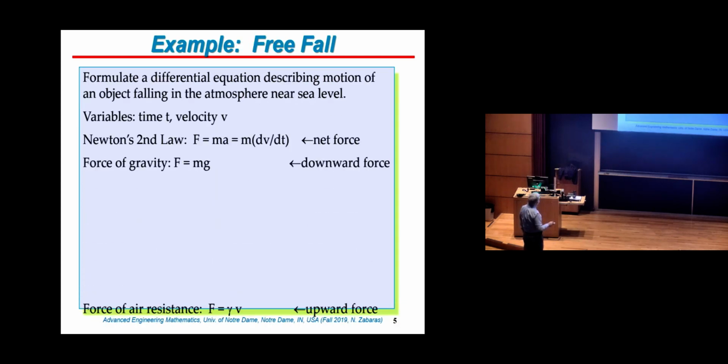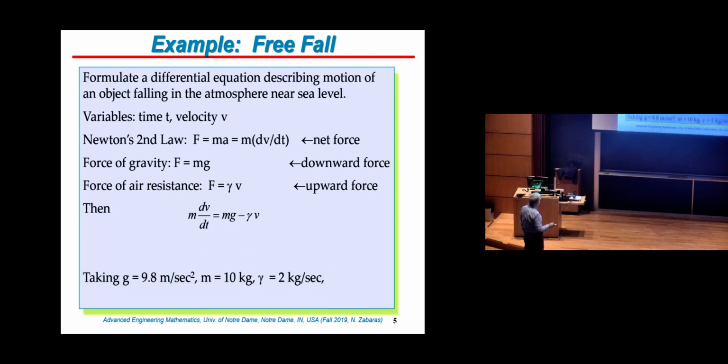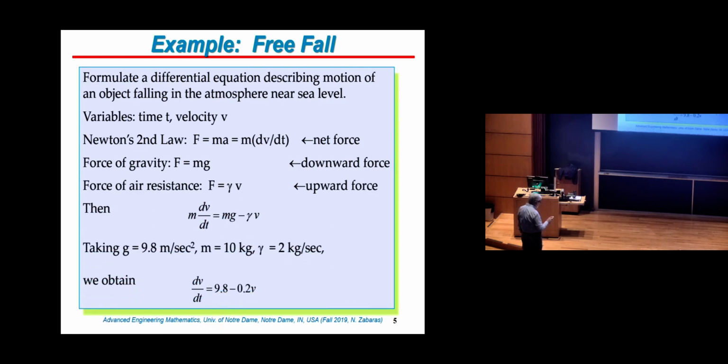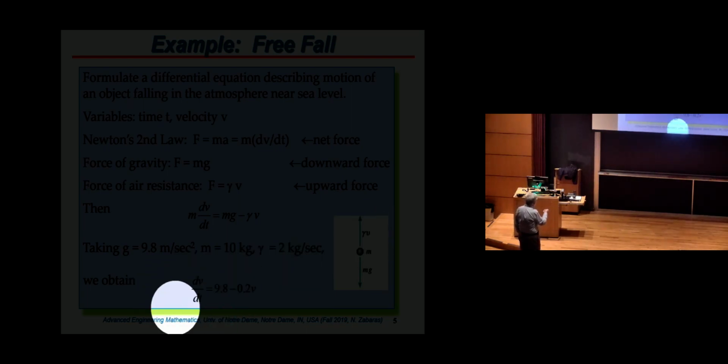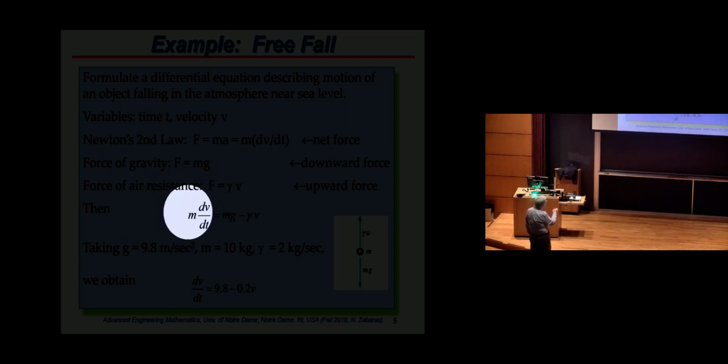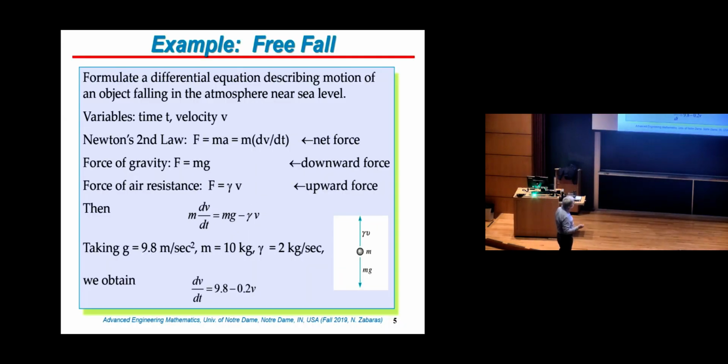So let me just give you one trivial example, right? I'm going to put all of these things up. And again, I have no time to read everything, but if you look at the free fall of a mass m under its own weight with some air resistance that is proportional to the velocity v, you can write a differential equation effectively like that. All right, so this is the force on the mass equal to the weight of the mass minus this resistance force gamma v.